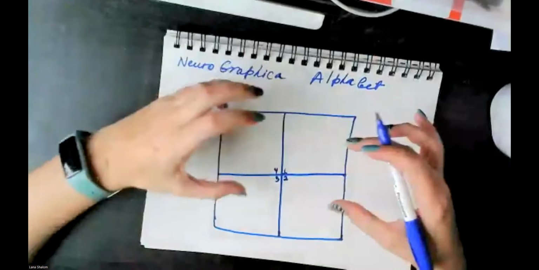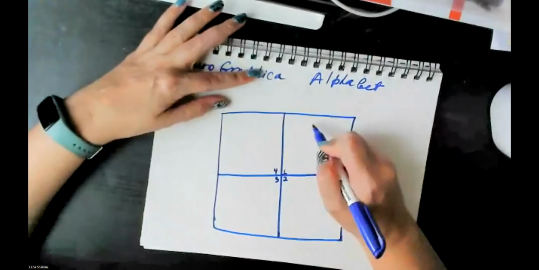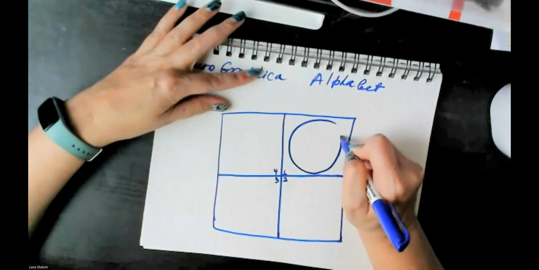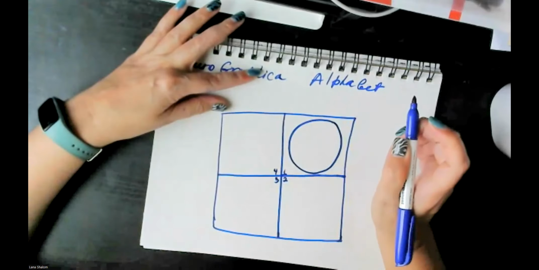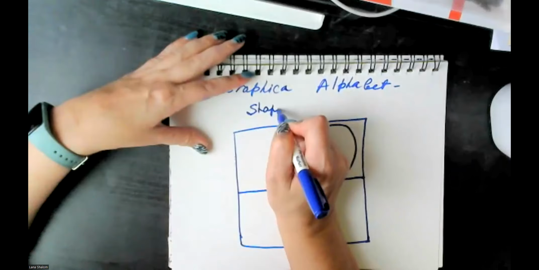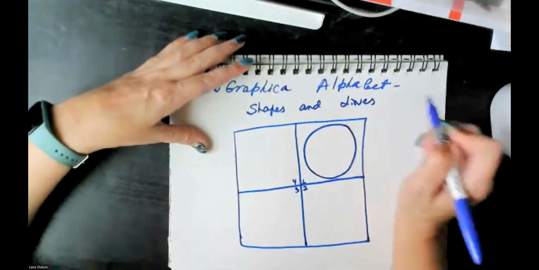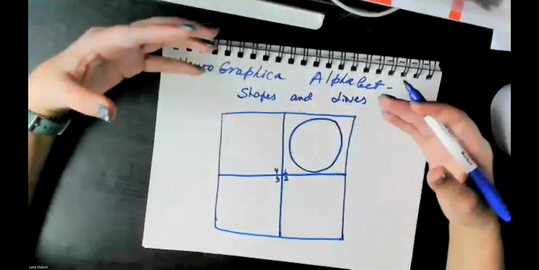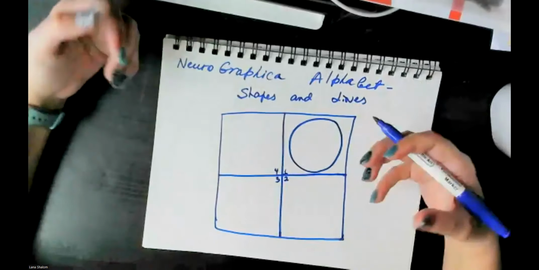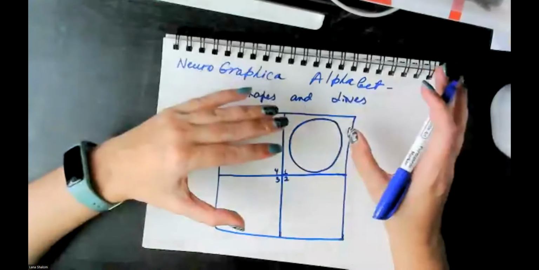Now, today we're going to focus on the alphabet. Let's talk about the neurographic alphabet, the very first symbol in it. The neurographic alphabet consists of, I'm going to give it to you already, so write it down: shapes and lines. This is, by the way, a very unique way, called neuronote taking. I was thinking of preparing an actual presentation where I will show you what is what.